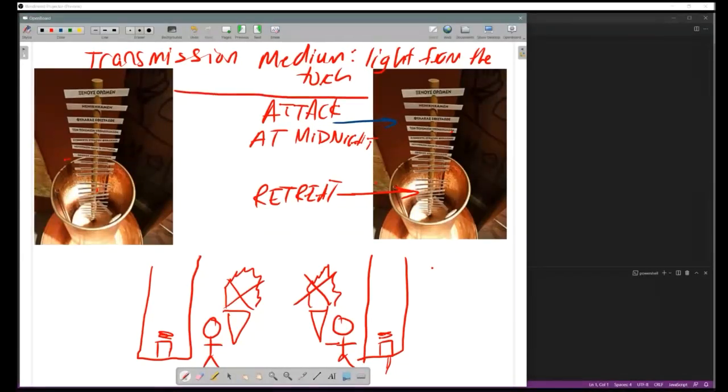So that is the transmission medium, but just having the light from the torch is not enough for the protocol. The protocol includes all the other contraptions. So it includes the physical hydraulic semaphore, and it also includes the rules